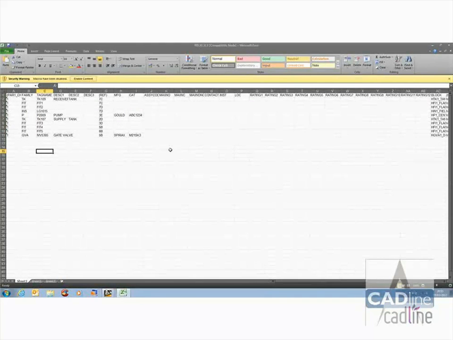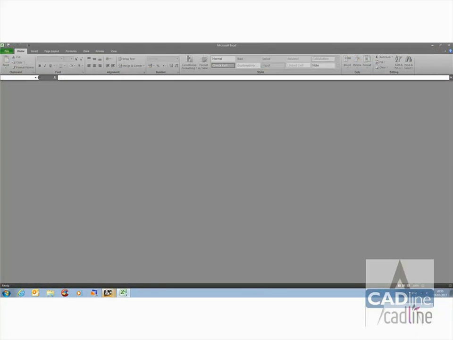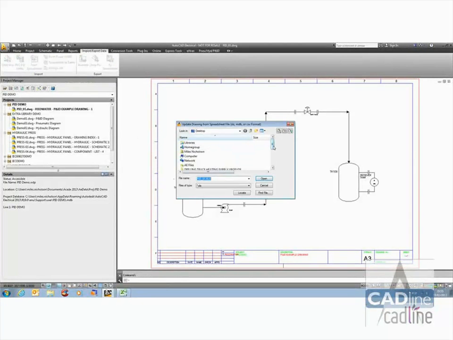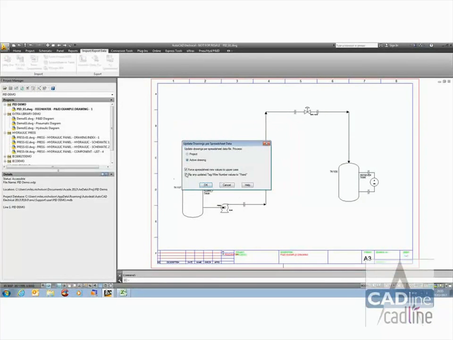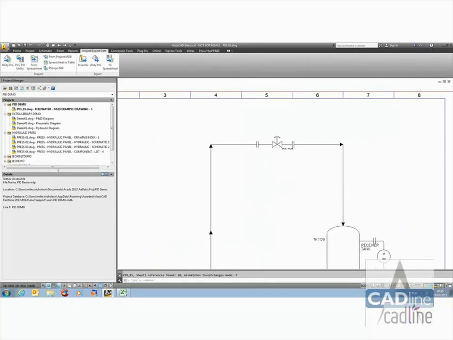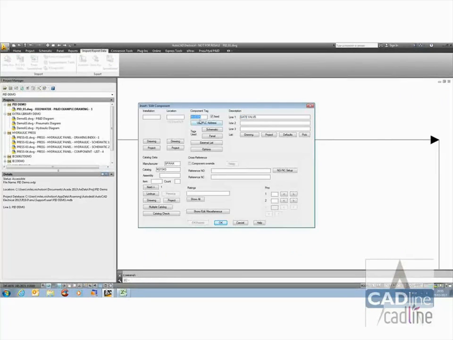We can then update the schematics with this relevant information. So as you can see, this device has automatically been changed to MV5305,